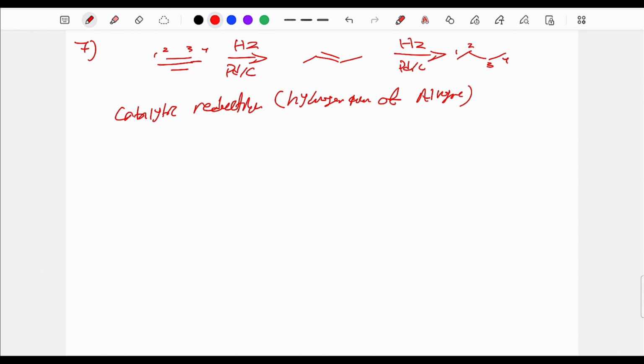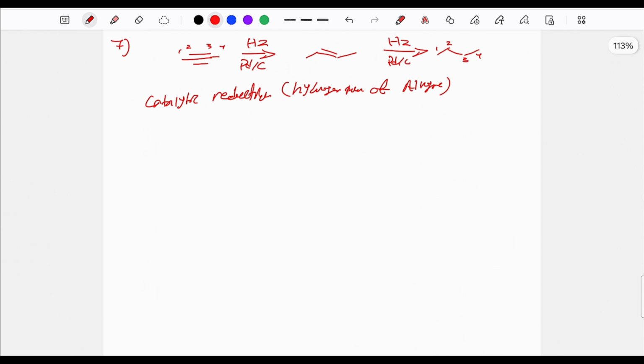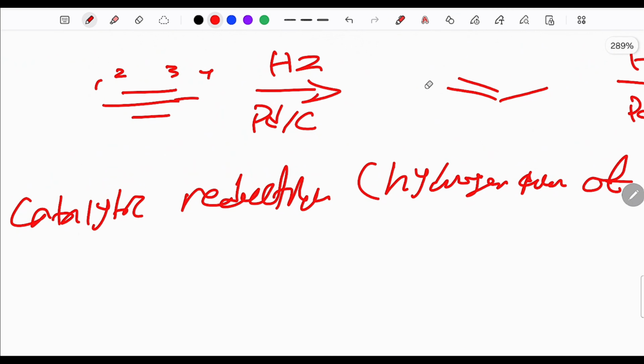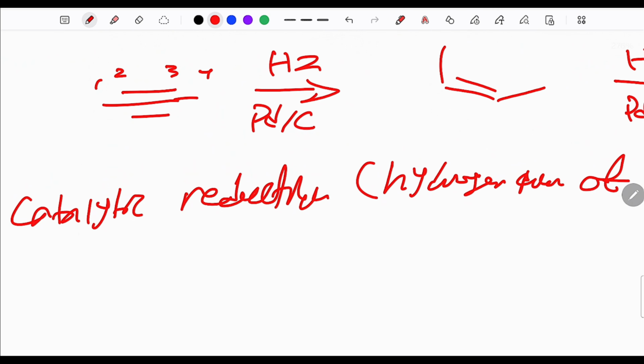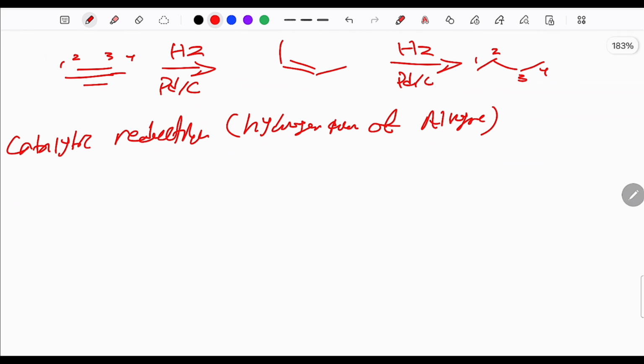Now, what we can do is ask the question: how can we stop at the alkene? Right? That is the question. And the answer to that question is partial hydrogenation. However, this is the important part. Partial hydrogenation gives you a cis alkene. Okay? So partial hydrogenation gives you a cis alkene. So for example, instead of, and let me do this. Okay? Instead of